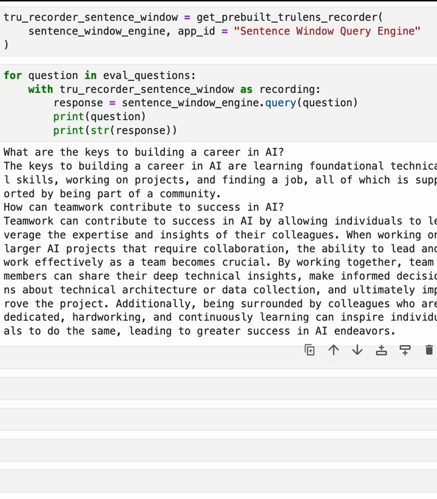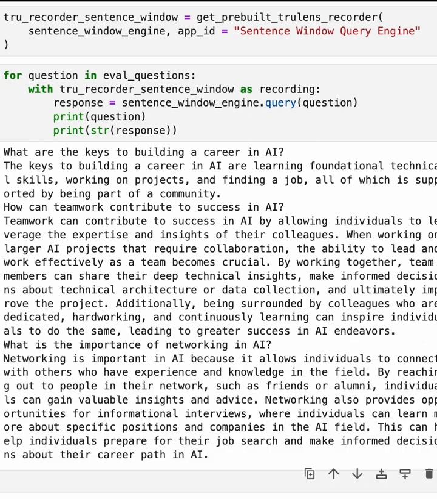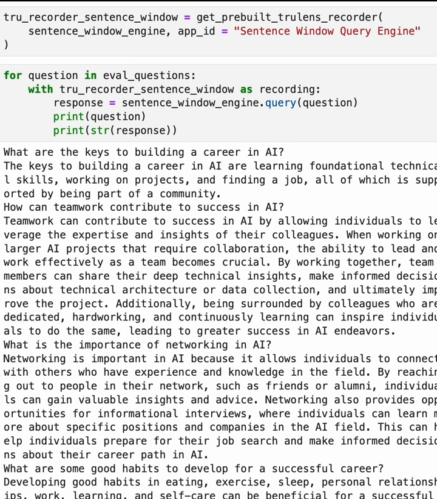Here we can see the responses come in as they're being run. Some examples of questions or responses. How can teamwork contribute to success in AI? Teamwork can contribute to success in AI by allowing individuals to leverage the expertise and insights of their colleagues. What's the importance of networking in AI? Networking is important in AI because it allows individuals to connect with others who have experience and knowledge in the